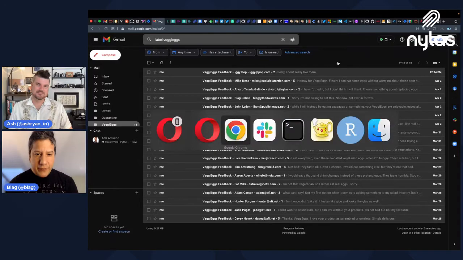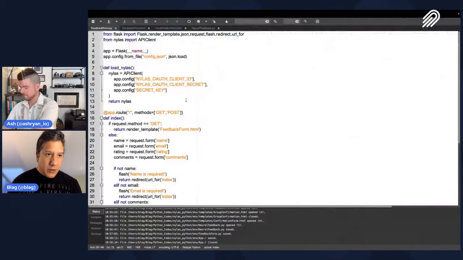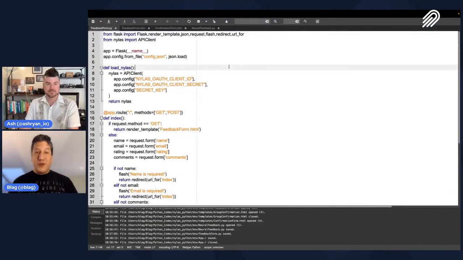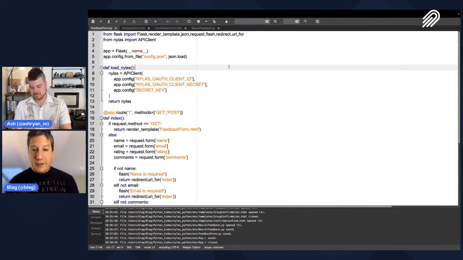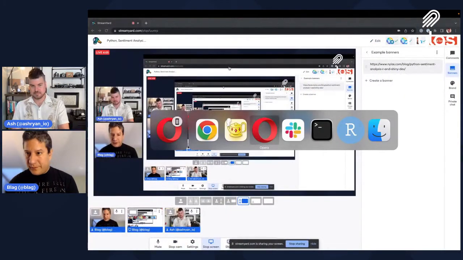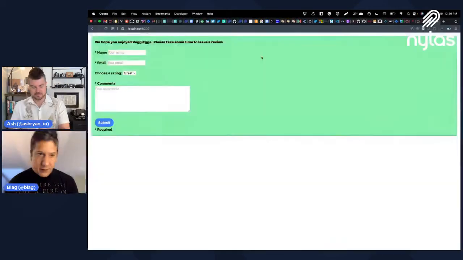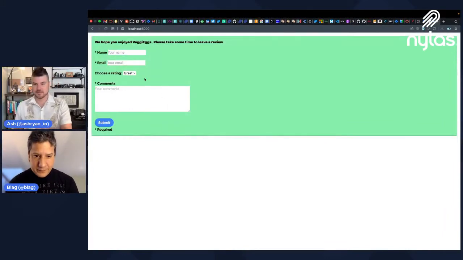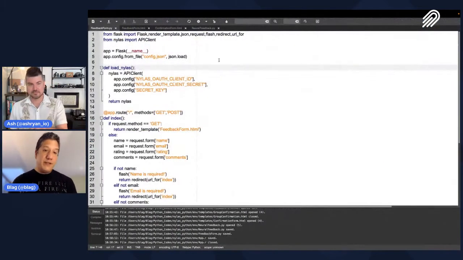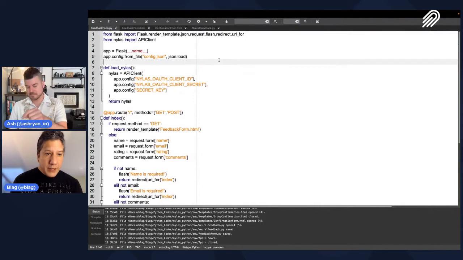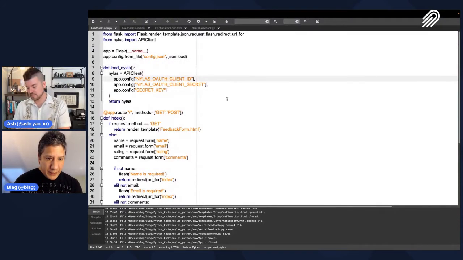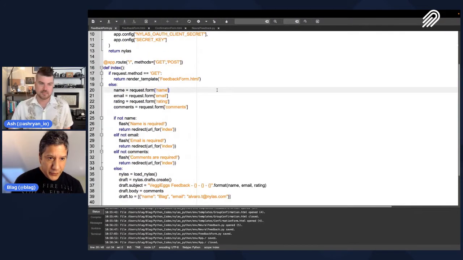Cool. So actually, if we can just now go to the source code. This is the source code for the form that we saw here. And it's simple. It's just a Flask application that we're going to use to create the feedback.